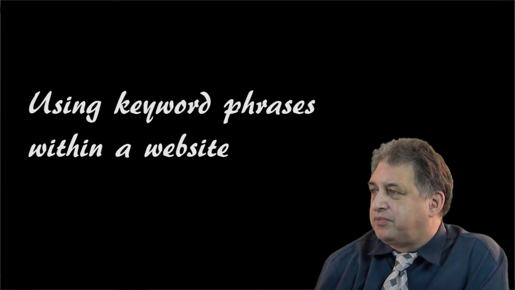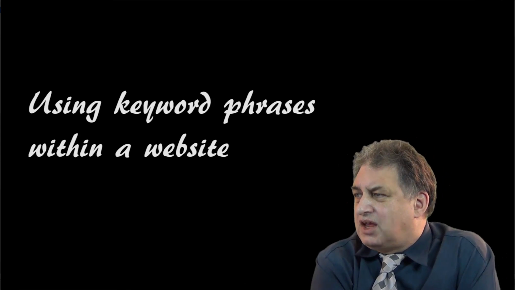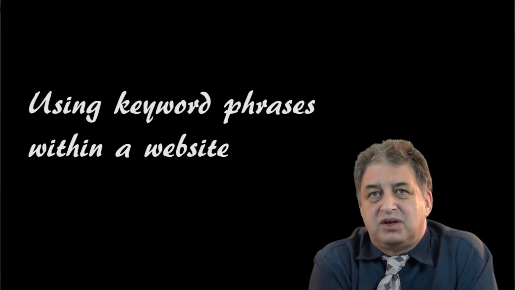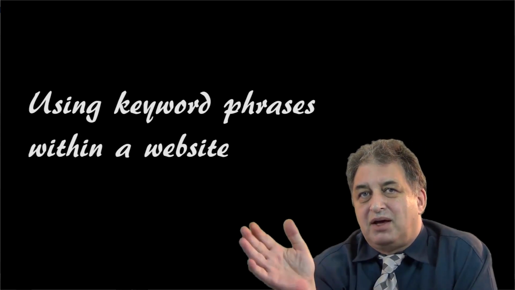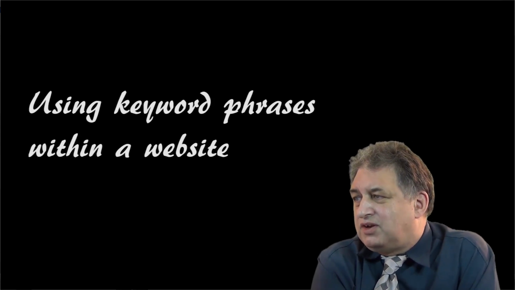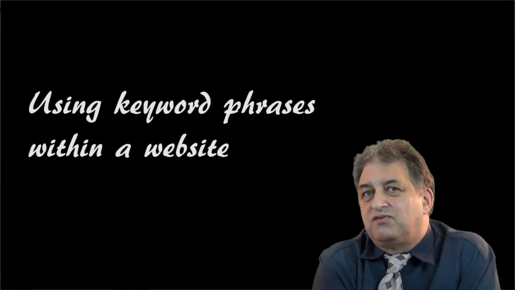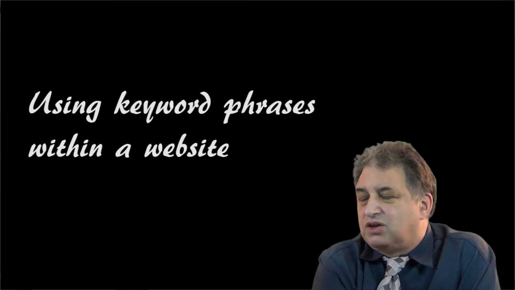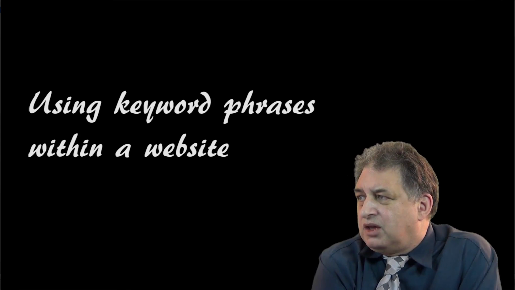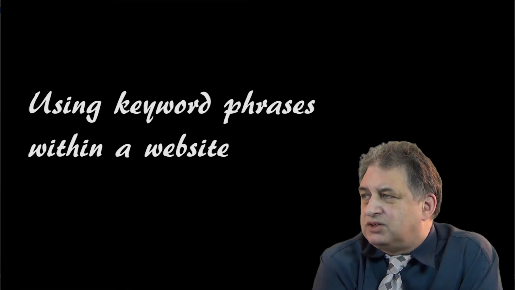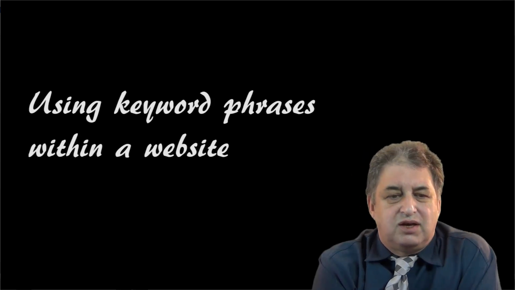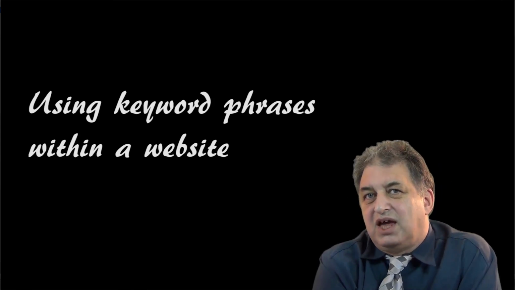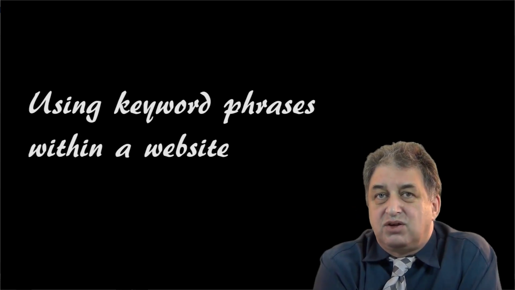What you don't want to do is just have a list of suburbs. For instance, we're a plumbing service and we operate in blah, blah, blah, because that doesn't sound natural. That sounds like you're trying to stuff the page with keywords, and Google is on the lookout for that now. So a good rule of thumb is you should basically create text within your website that you can give to someone and say, can you read that? Does that sound natural? And if it sounds natural to somebody reading it, then it'll probably sound okay to Google.